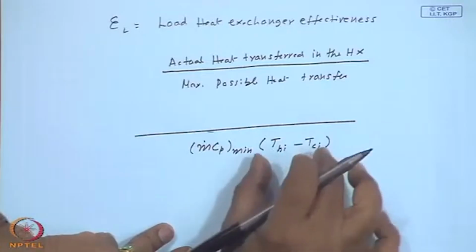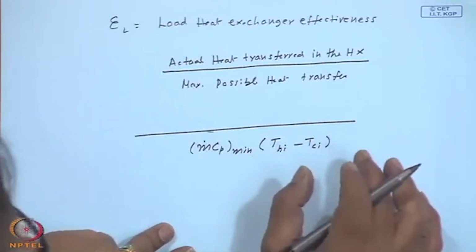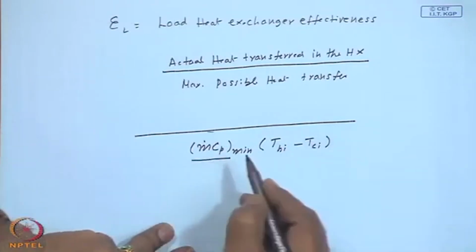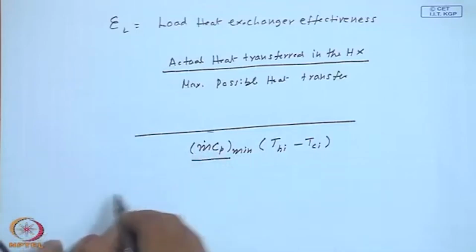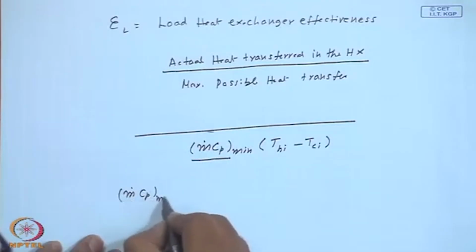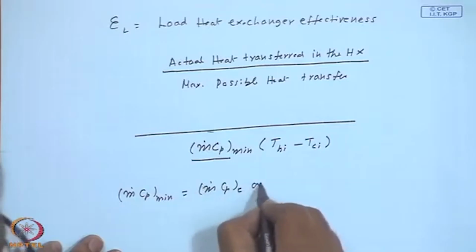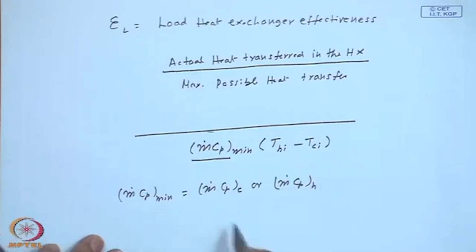So, consequently, this is the maximum possible temperature change that can occur to either of the fluids depending upon the purpose. Now, that chance is there for the fluid with the lower heat capacitance, m dot C p minimum. This m dot C p minimum may be equal to m dot C p cold or m dot C p h,